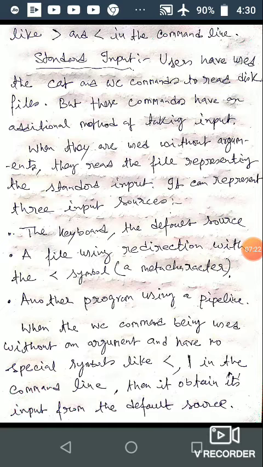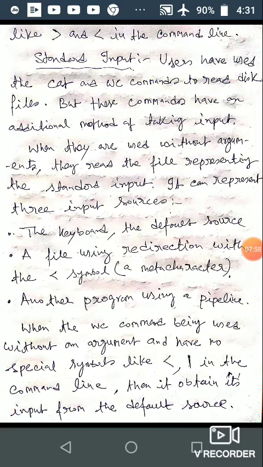These are special files, and they can represent three input sources. The first is the keyboard, which is the default source or default device associated with the standard input file.